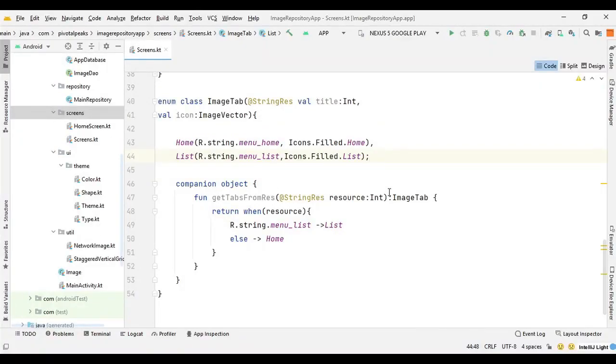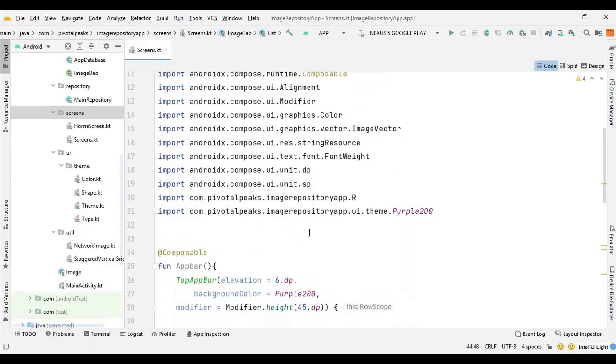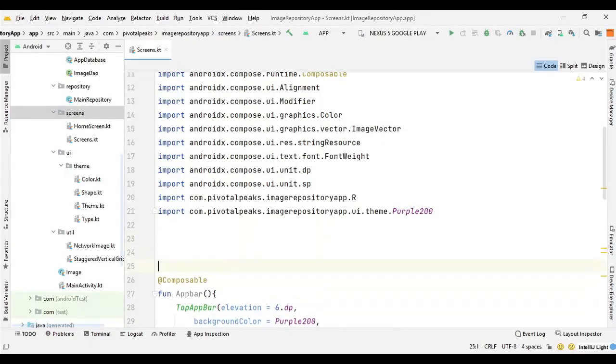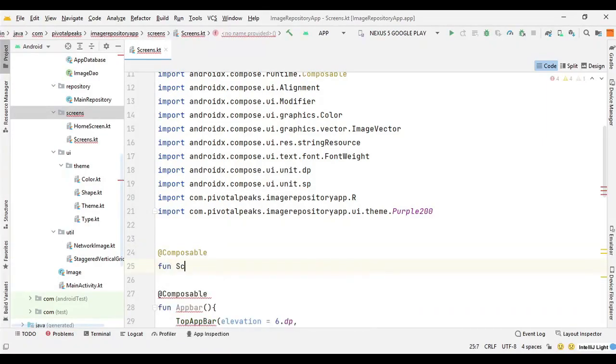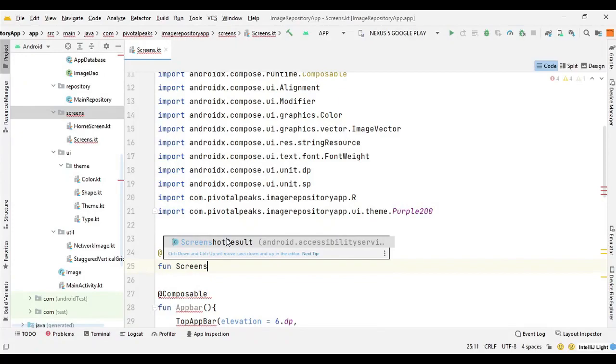Now we will create the function for screens in which we will put the top app bar and the bottom navigation, where we will have the tabs and the data related to respective tabs. So let's create the function screens. So here we can say that composable function screens,